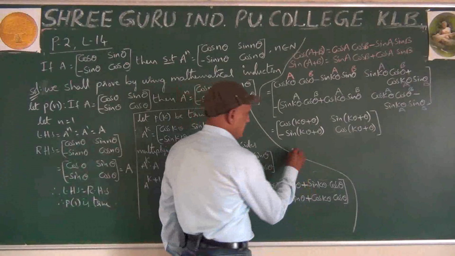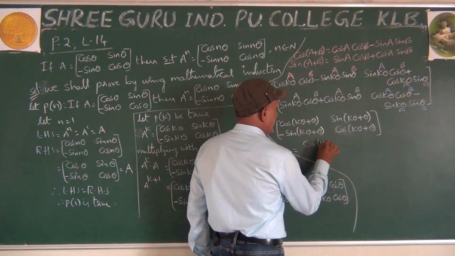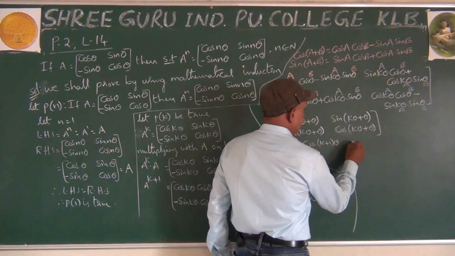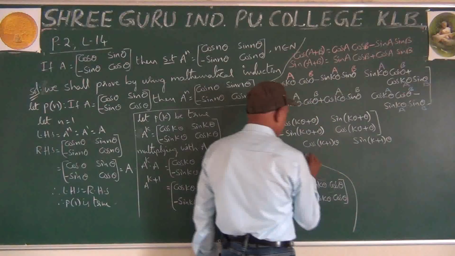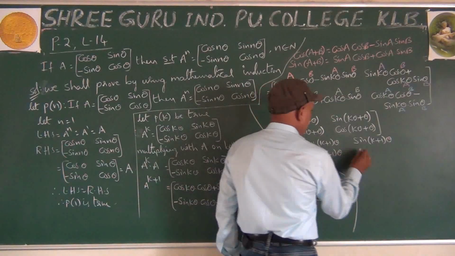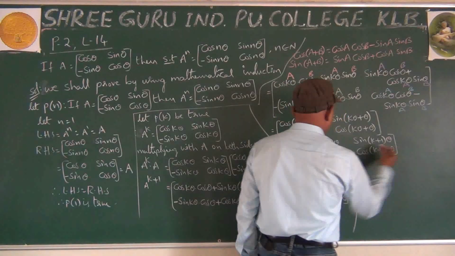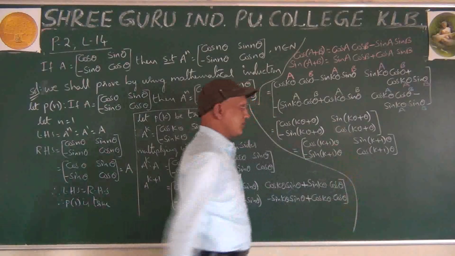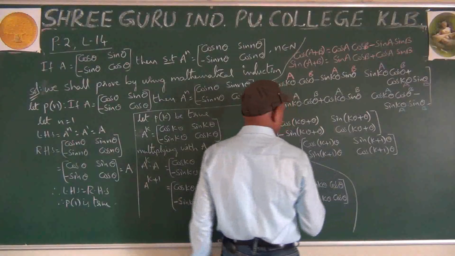Equals cos of (k plus 1) theta, sin of (k plus 1) theta, and so on. That's it, we got the answer. A power k plus 1 equals